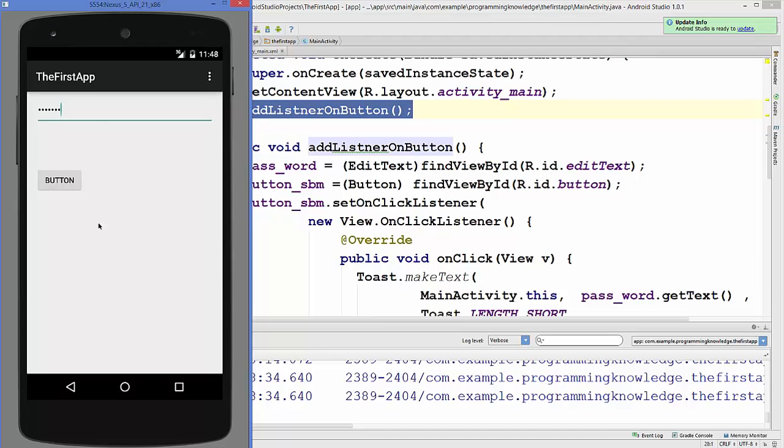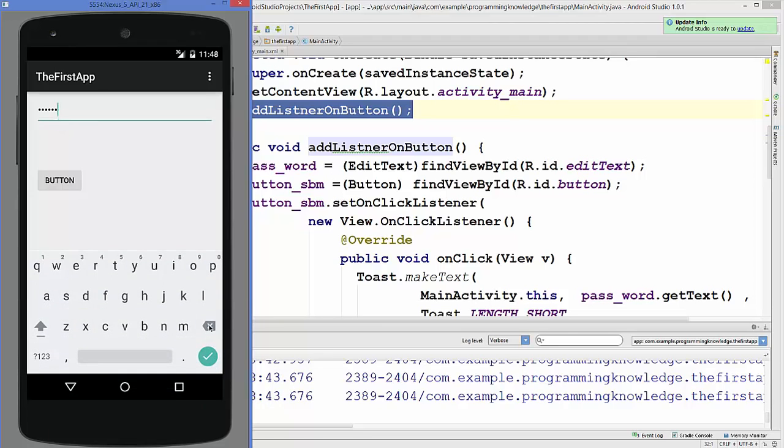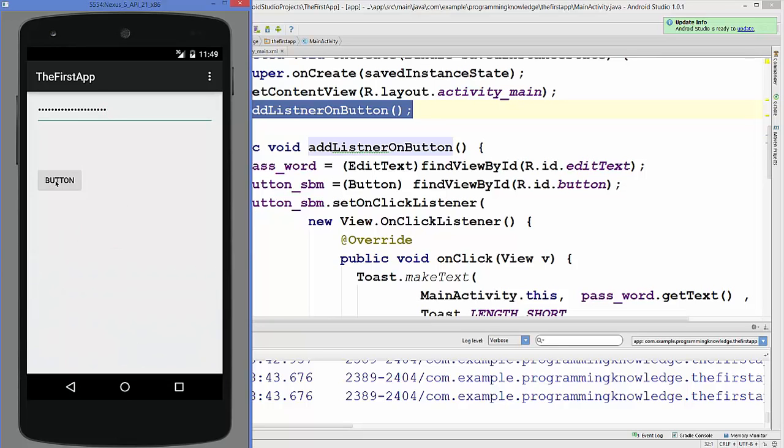For example, I can enter some other text, programming knowledge, and I will click the button and it shows this message, programming knowledge. So in this way you can use the password field and toast, which is the short form of messages in Android,